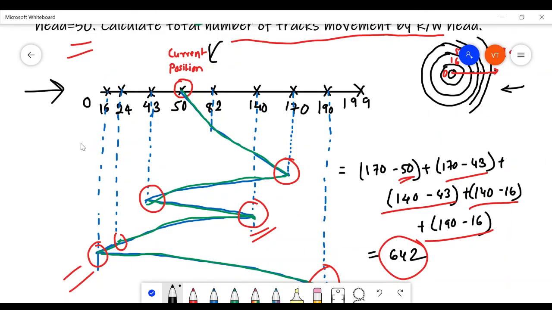So what is the disadvantage here? There is a problem of performance. For example, in this numerical, after 170, there is 190 where we have to go in future. We could have gone to 190 immediately after 170, so that the direction changes of the read write head would have been minimum. But this is not followed by FCFS, hence the seek time value is more, and that is why I said there is a problem of performance in FCFS.